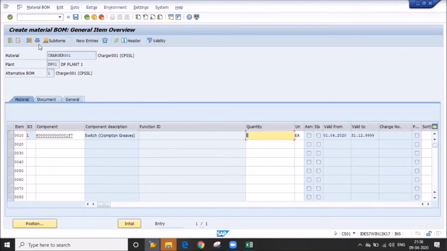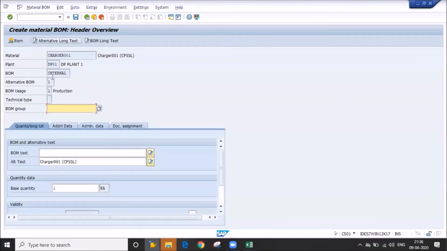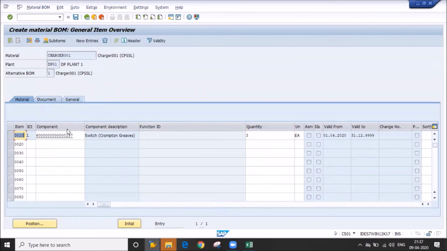So always remember, if you are taking data from your master data from your customer or client, you need to give all this data. What I have given: plant, storage location, usage, alternative description, base quantity, component, item number, and quantity and unit.